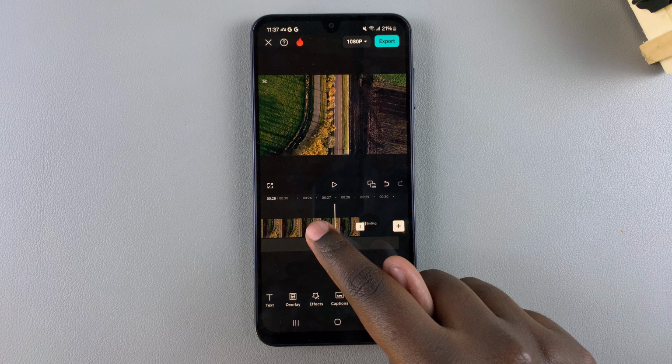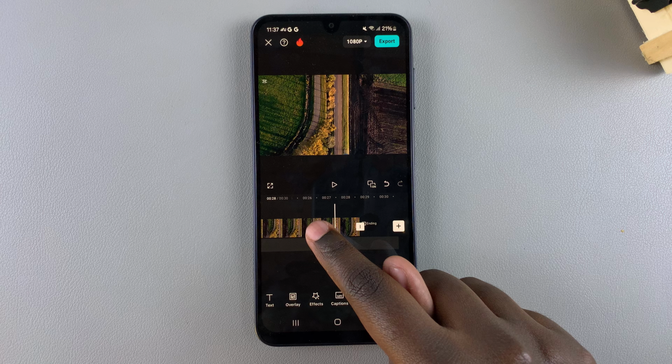And then you should see you've now created 3 clips. So you have the first part, you have the part that you've just put the splits in before and after, and then you have the part after. So now if you want to delete this part, you can just select it, and then tap on delete, and it will be erased, and then the 2 clips will be merged into one. So you can see the 2 clips have been merged into one, and you can even choose to add a